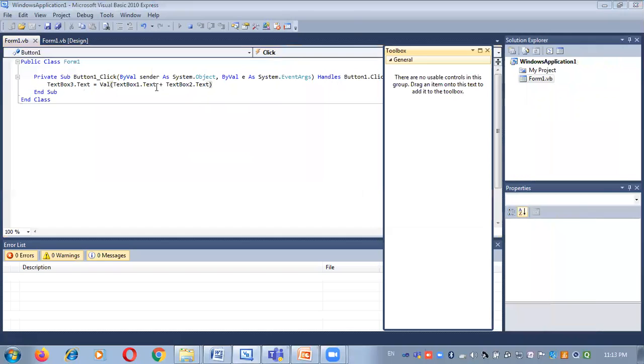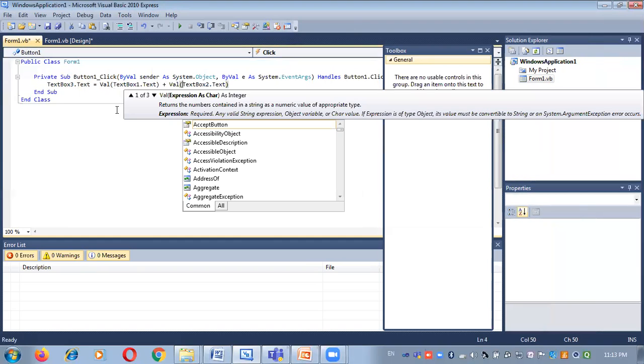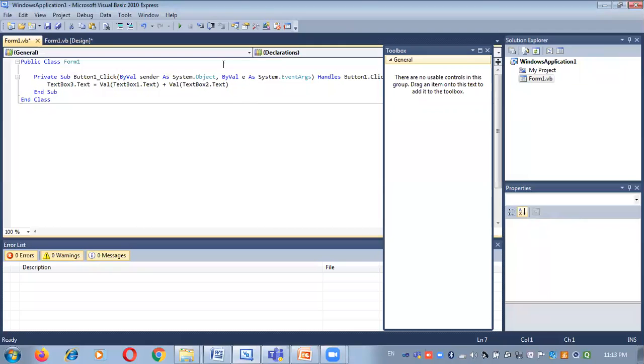Something gets wrong. As I have considered text box 1 plus text box 2 in a single bracket, that's why in text box 3 it displays 12 two times, but I want to add these two values independently. For that, the Val function has been used.